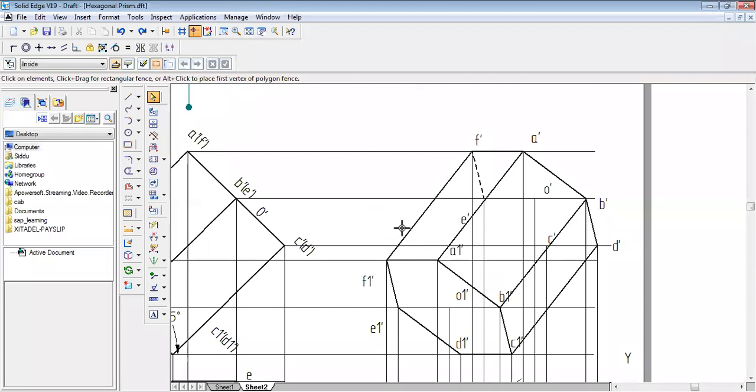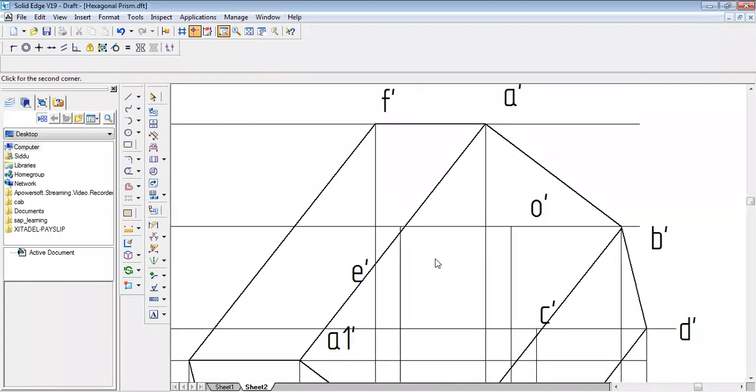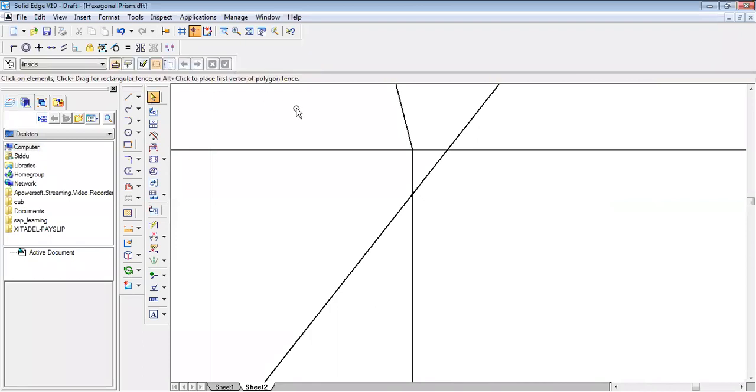A very small gap is there. So in that case, you should be very careful, right? This should be what? Unseen, that is a hidden edge, right?